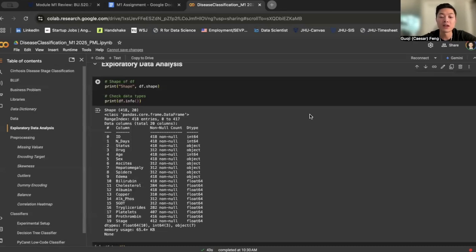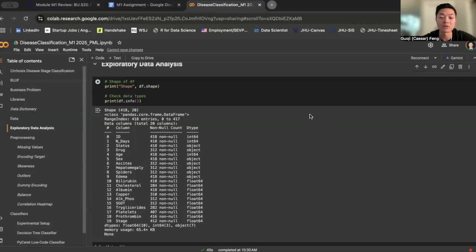So the data set contains a diverse mix of data types, some categorical variables and also some quantitative variables. There are some key clinical features such as bilirubin, albumin, and stage, which is directly tied to how the patient fares in the future after registration. And we also have some numerical variables such as N days, which provide timeline information on the patients. We also have some demographic factors such as age and sex, alongside some biochemical and physiological markers